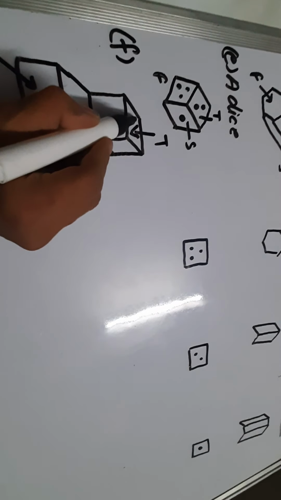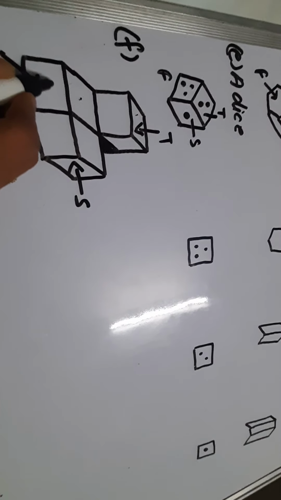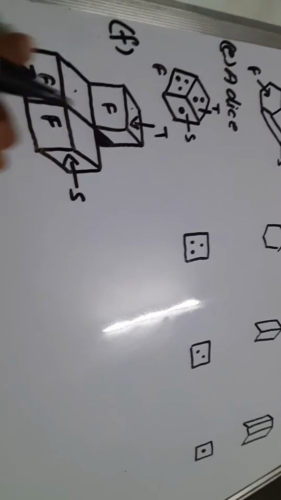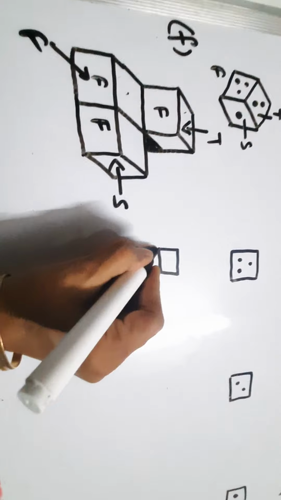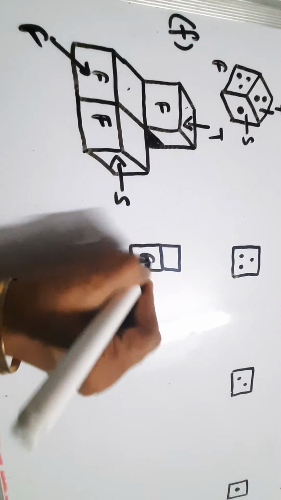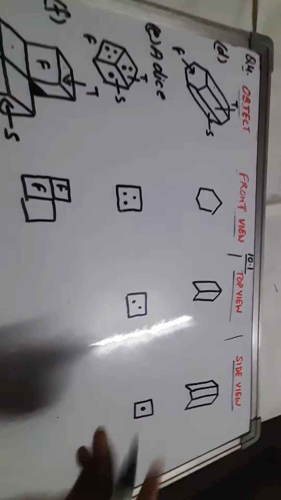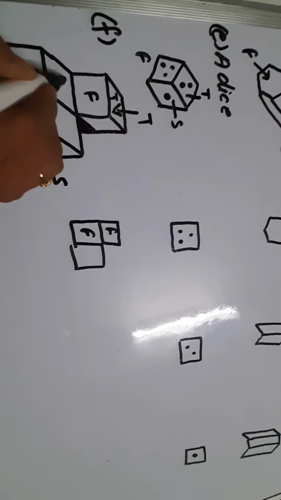So from the top you will be able to see this face, this and this. From front, this is front, this is front, and this is front. We will see only these 3 in L shape. So we will make it like this. Then below it we will see this front, and then this face. So it will be like this. Then top view, this will be top, this is top, this is top. The fourth cube's top is hidden, lying under this. So again same shape we will make.